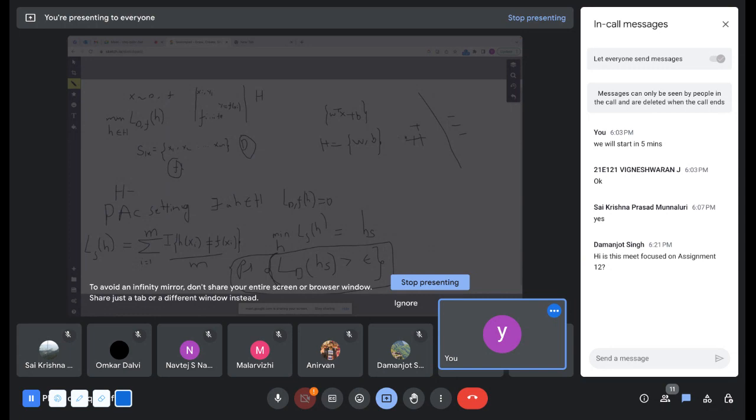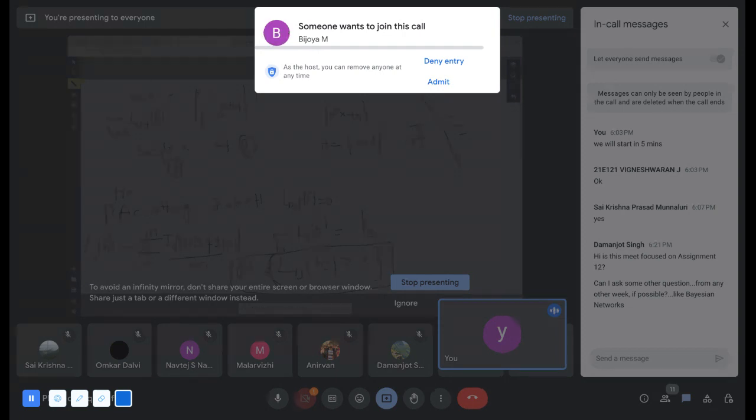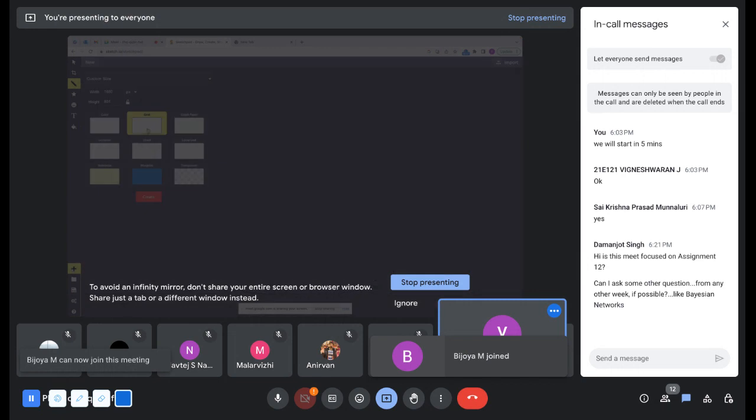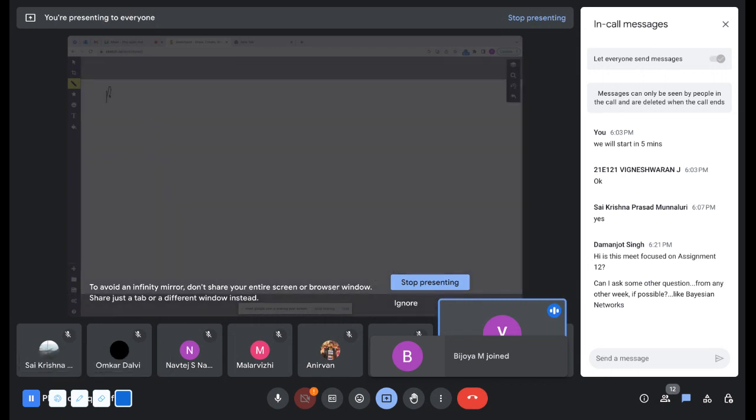Okay, so let's go in detail. Let me add this. We want to compute this quantity, L_D(h_S) greater than epsilon. What PAC learning guarantees is that there exist numbers epsilon and delta,